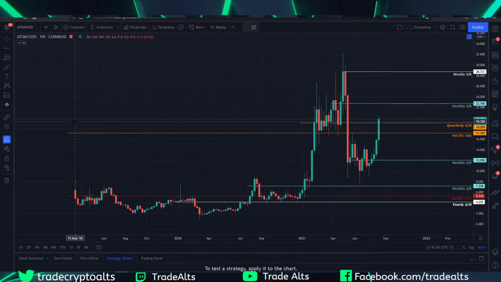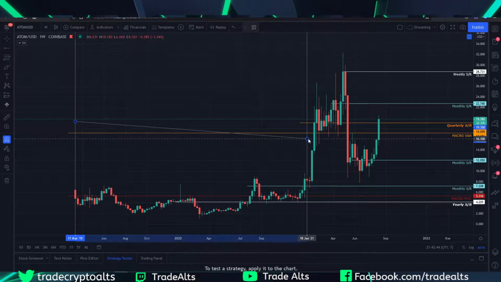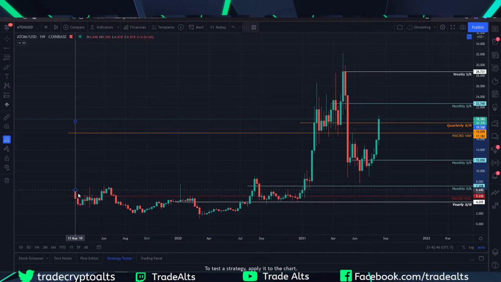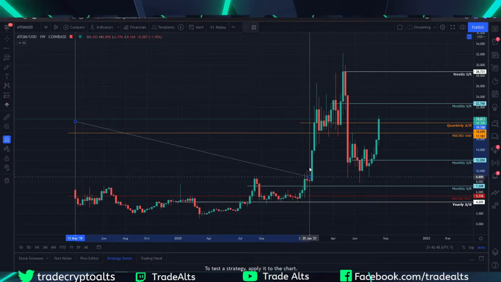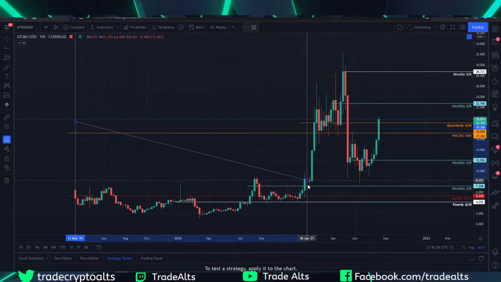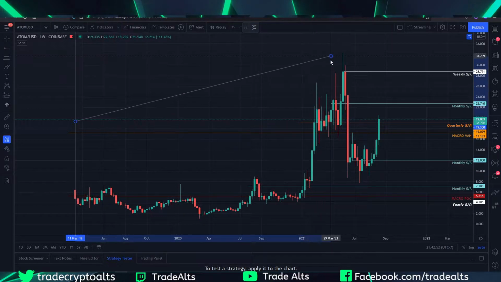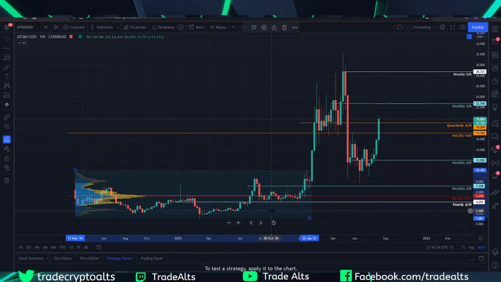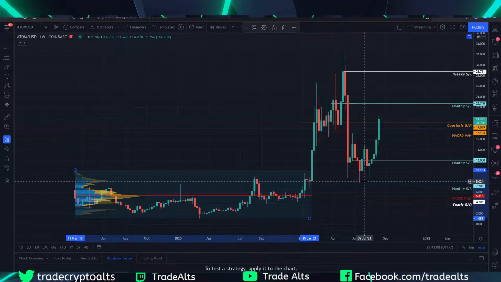So what you can do is pull a fixed range of this price action. Basically, I start from the beginning till this candle here, the candle right before the massive breakout, and funny enough, your macro point of control is still the exact same level, but you can get the range value areas for this range. This is a very important range. So if price does manage to come back down again, which it did here,